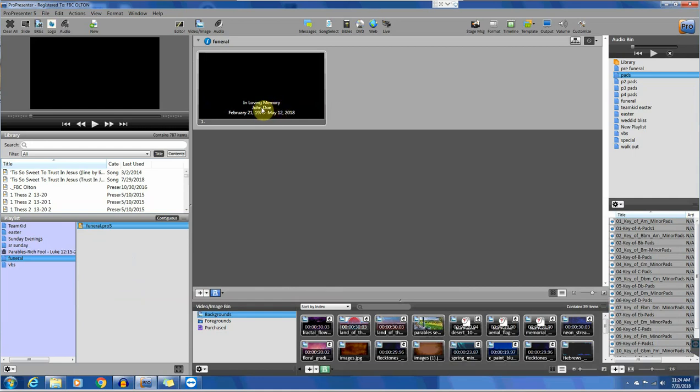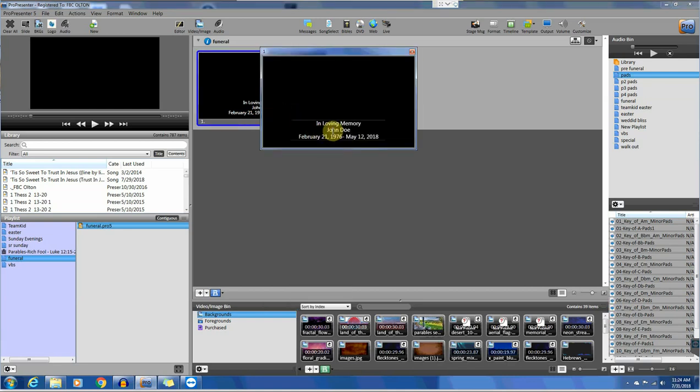There's two ways to edit this set. The quickest way is using Quick Edit. And what that does is that lets you edit the text without changing anything, font or size or anything. So to just go in and change the name,